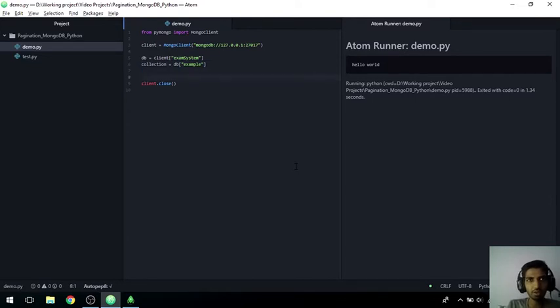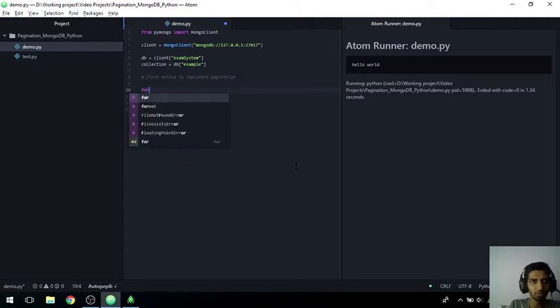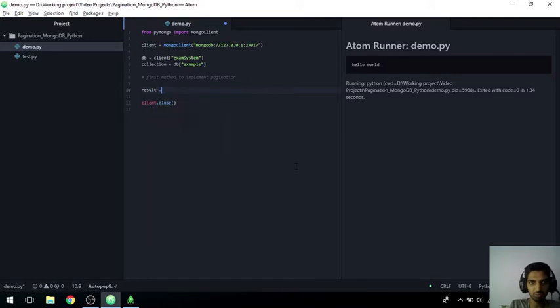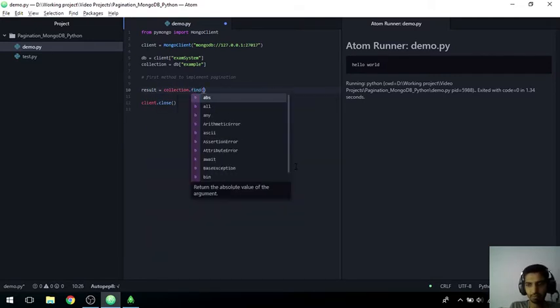Now we will be getting all the records from the database, just to implement the first method of pagination. So I will write first method to implement pagination. We will get all stored records: collection.find.